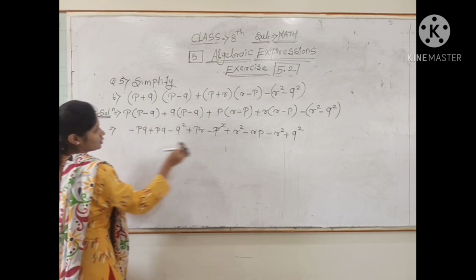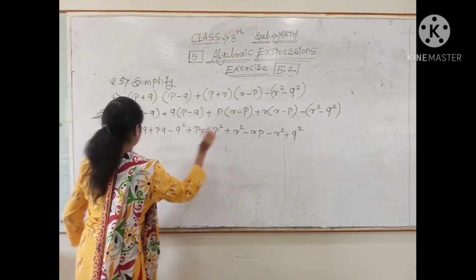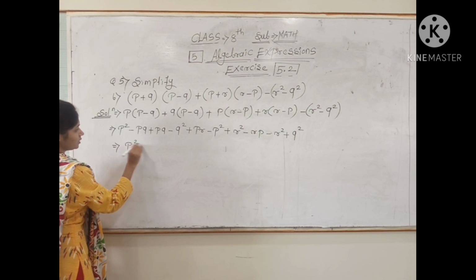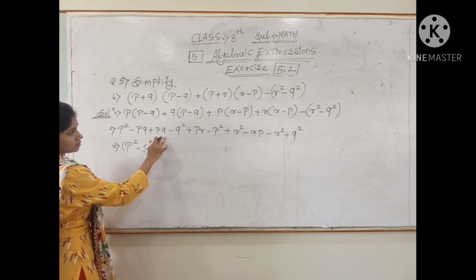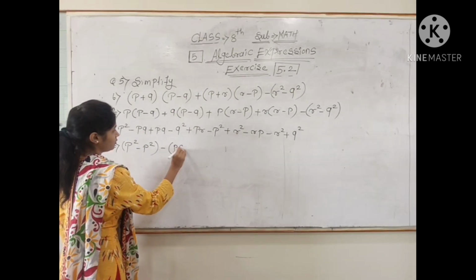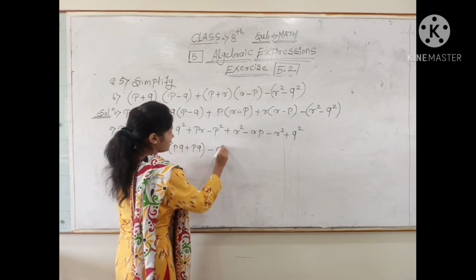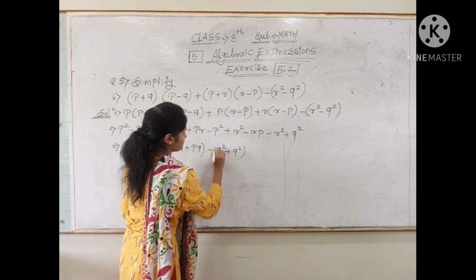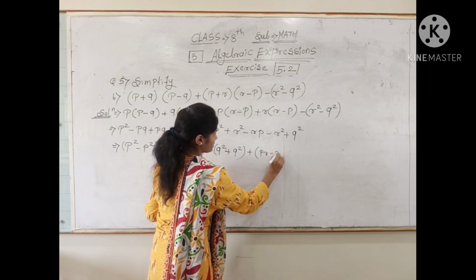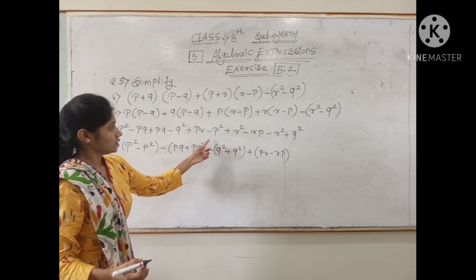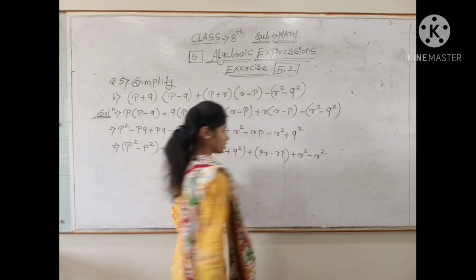So also you have to correct this type. You should not be confused. P square, it is a P square, so you have to correct it here. P square, then minus P square. After that, minus PQ is the right term. Here also the PQ. Then PQ plus PQ minus Q square is the Q square. Then plus Q square. Then PR, it is also RP, plus PR minus RP. And the last one is R square. So plus R square minus R square. Understand?